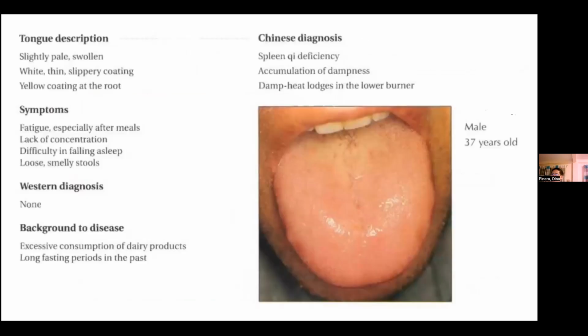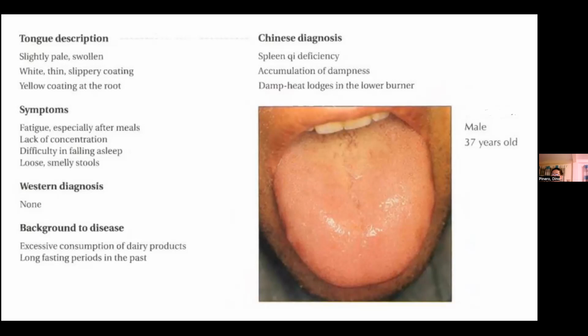Next patient, we have a male, 37 years old. Ang tongue niya is slightly pale and swollen. Okay, observe po natin yung picture. This indicates that there is a spleen qi deficiency. Ang tongue din niya is white, thin, slippery ang coating, which indicates that there is accumulation of dampness. Next, meron siyang yellow coating at the root. So, nasa may likod po, there is a yellowish coloration, which indicates that there is damp heat lodged in the